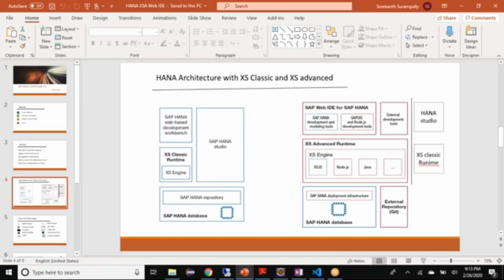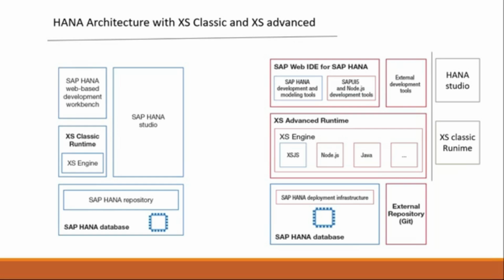So you can see these two diagrams on my screen. The one on the left-hand side is your XS Classic, and the one on the right-hand side is your XS Advanced. Many of you probably would have seen XS Classic development using HANA Studio, working in the HANA database, using the repository for your procedures, functions, calculation views, etc. At the same time, you might be using the development workbench, the web-based workbench, for doing some flow graphs, etc. And all this time you are using the XS Classic runtime, the XS Engine,